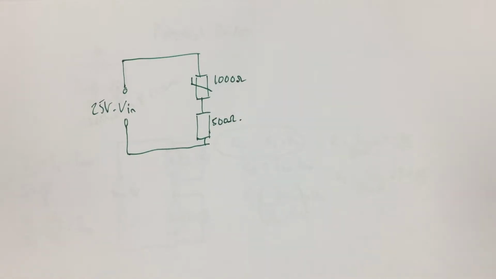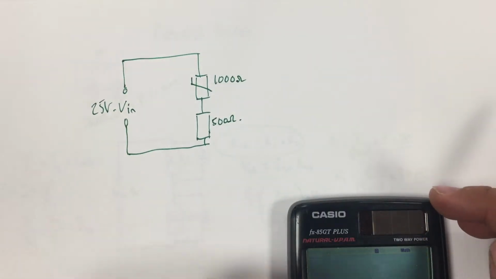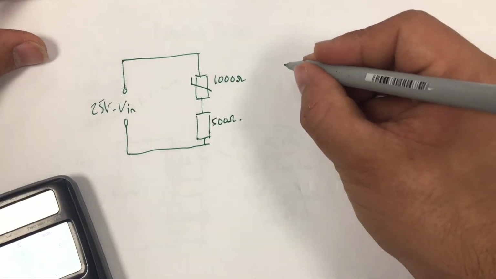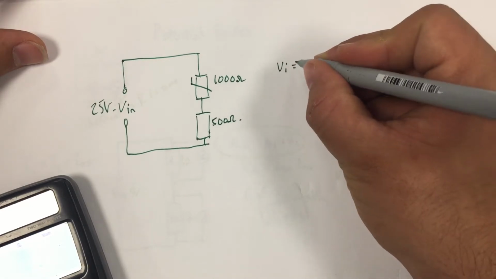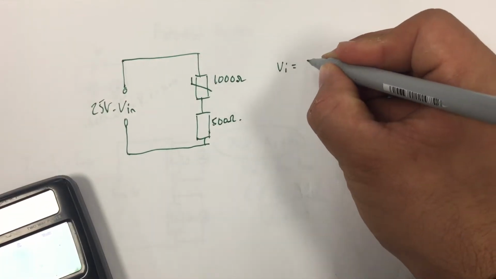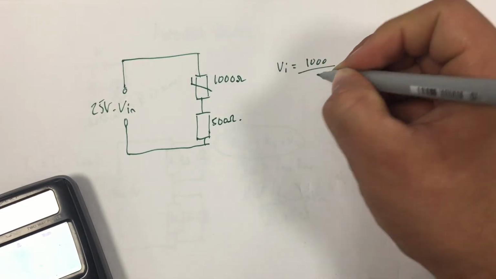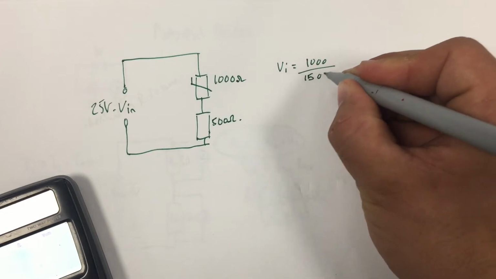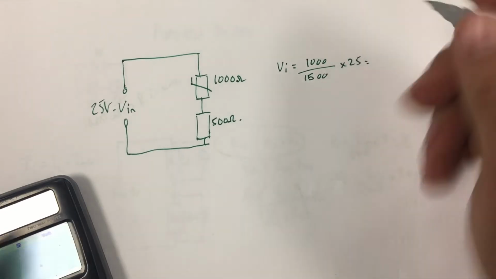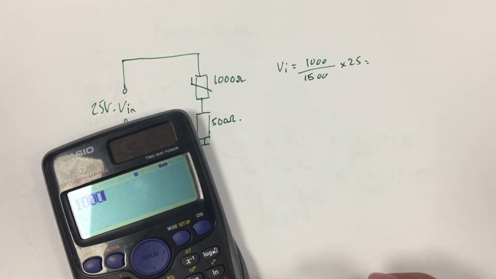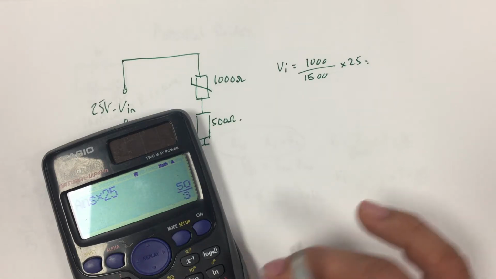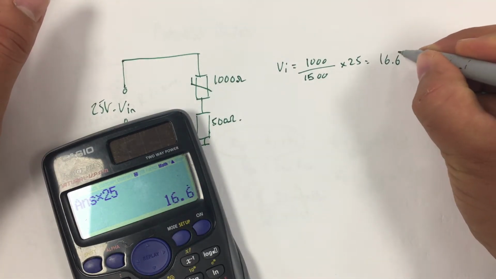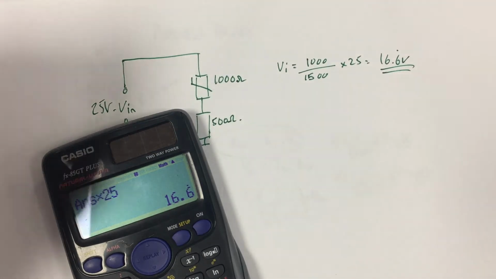Now, what we need to do is use our equation. If I want to know the voltage across this component, then as long as I know my resistances, I can work that out. So V1 is equal to 1000 divided by 1000 plus 500, which is 1500, times 25. So let's do that. 1000 divided by 1500 times 25, and we get 16.6 recurring volts